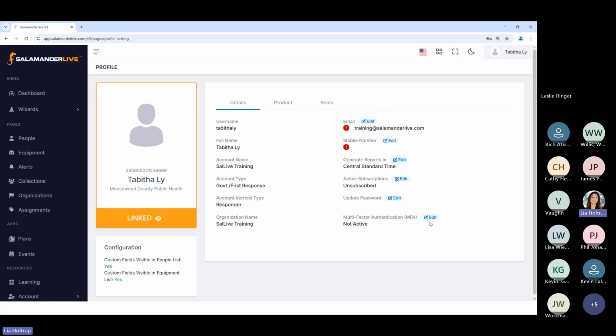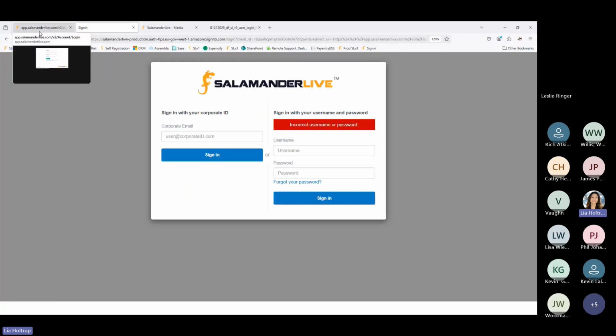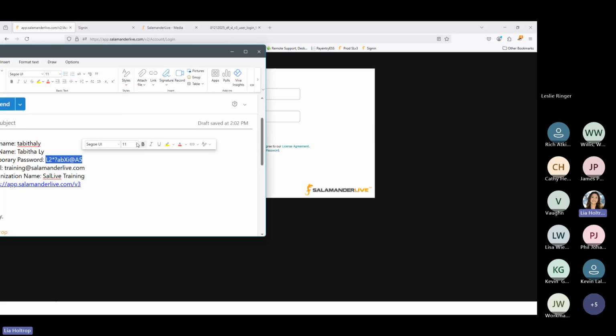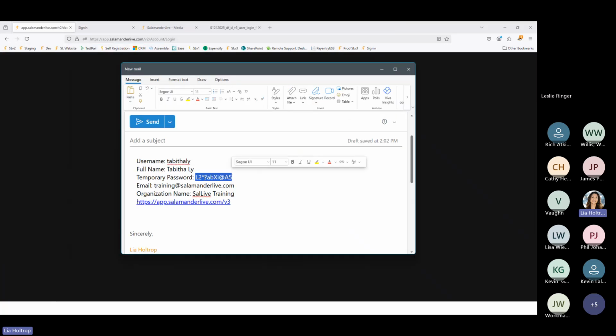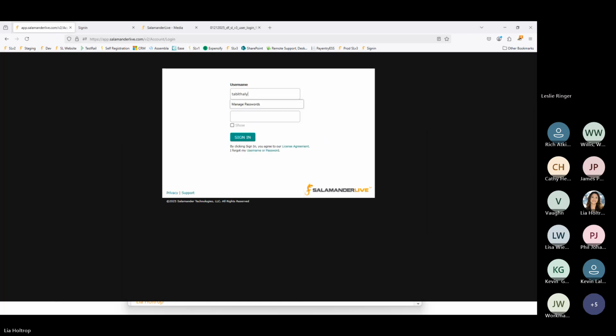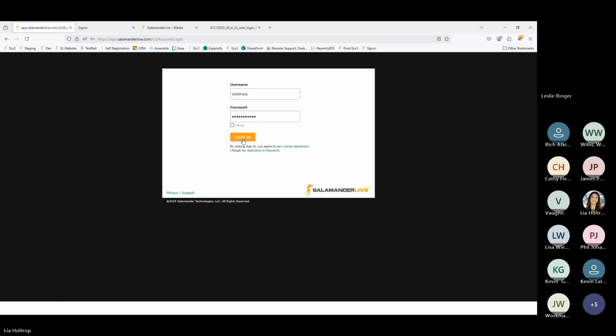Once they're done with that, next step, they have the inventory app. They have to go into V2 and set up their password for V2. I don't recommend them trying to memorize this password for V2 for their inventory app. So what they're going to do is log into V2, take their, again, this username, this password, sign in,